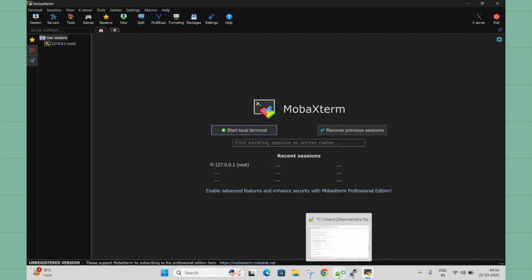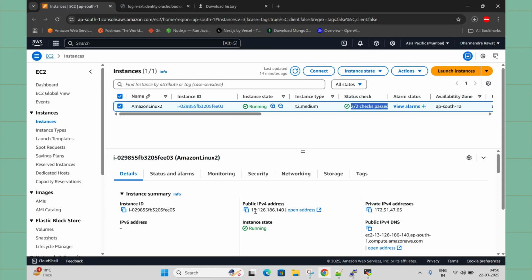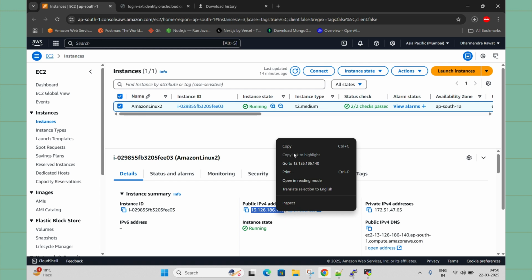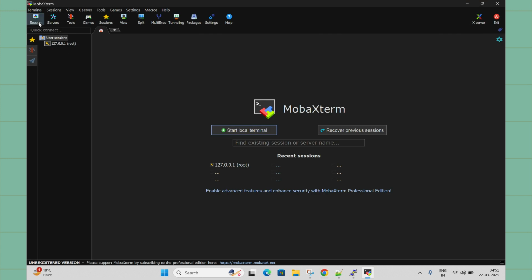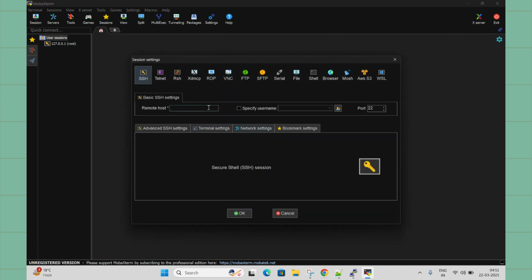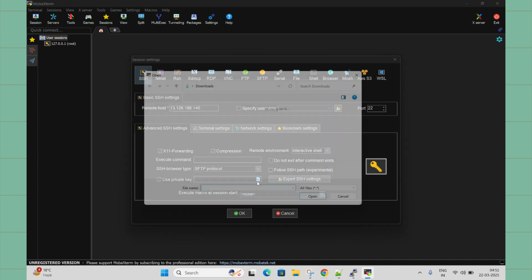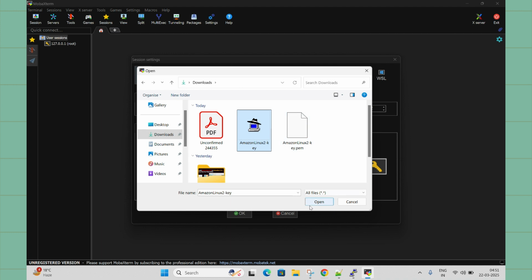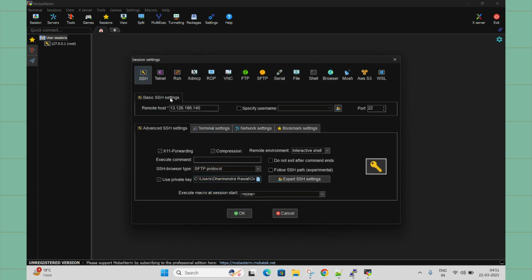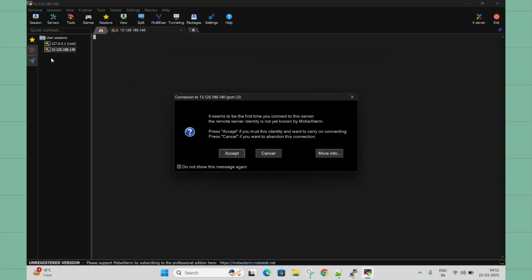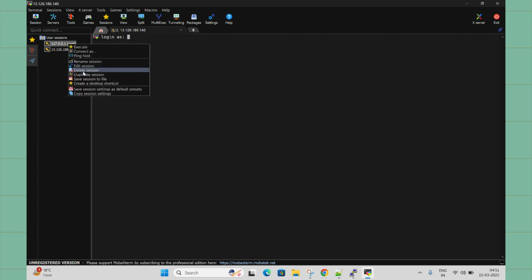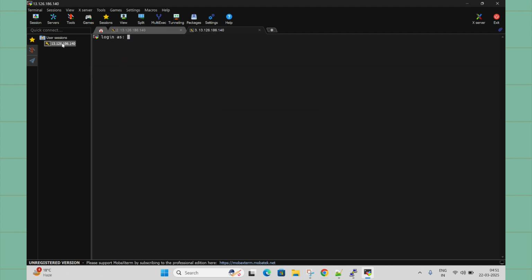So it is good for GUI installation. Now what I need to do here, I need to copy the public IP address from here. We will configure the connection just like PuTTY here. So SSH session, and here SSH. This is the IP address, and we'll go to advanced SSH settings. Here you need to use the PuTTY private key. We already have the private key, right? So already done. Now I need to click on OK. The previous connection was there, let me delete this to avoid any confusion. So this is the new connection of our machine.